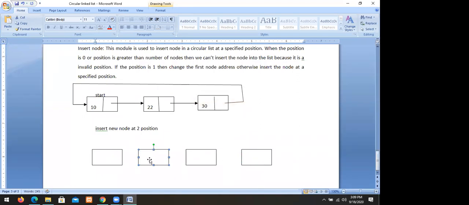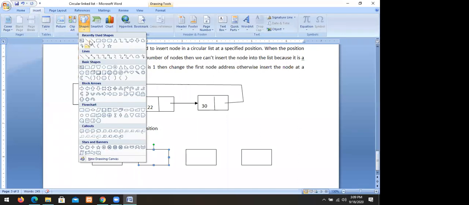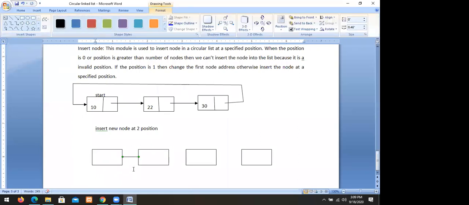Suppose this is my new list. The first node points to the second node.